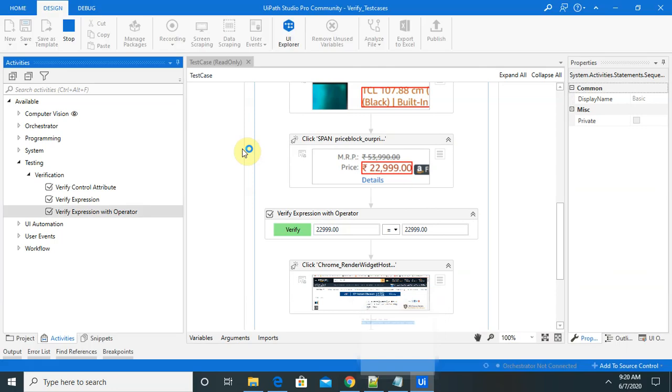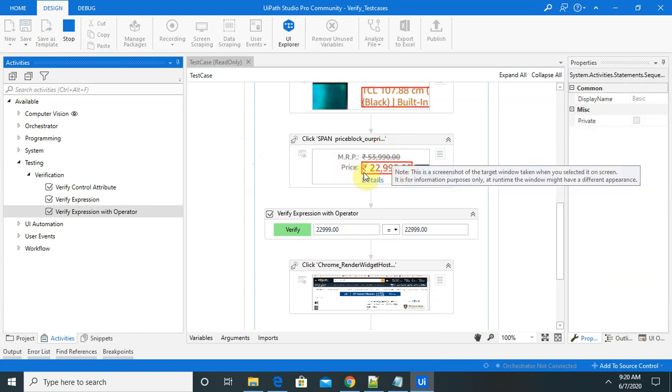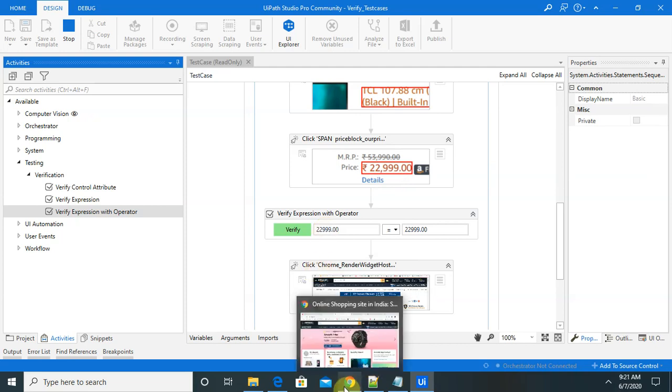Once execution starts, it will go to Google Chrome, open Amazon.in, and search all the data. If it finds the value 22,999, then only it will give me a pass status, otherwise it will show me a failed status. It's taking time.